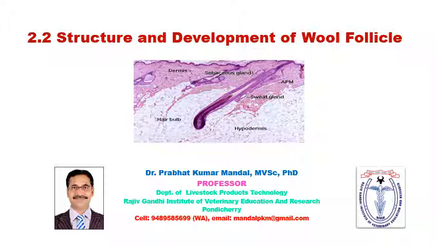So probably you have studied earlier in other courses, maybe in histology or in physiology, that the wool follicle is the root for the growth of fiber, whether it is wool or hair or other kinds of fibers. So we will try to understand here the basic structure of the follicle, different kinds of follicle, that is primary and secondary, and how their development starts in the pre-born animals, with some details, diagrams, and the formation of wool in this lecture.